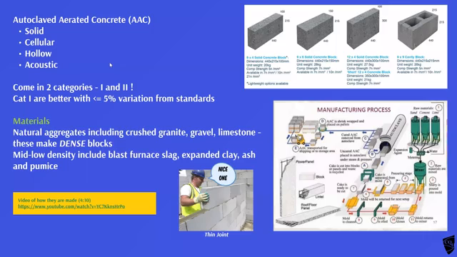But if they're not going to be seen, if they're going to be covered over, or maybe for economy, because they'll be a bit cheaper, they're good. Cat 1s are the ones we normally go for. As you can see up here, they're standard sizes, so they're 440 long and 215 high. You can go to 300 high, and it depends on your dimensional